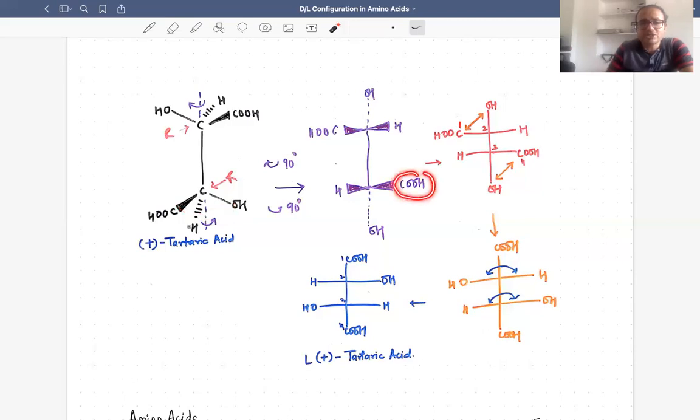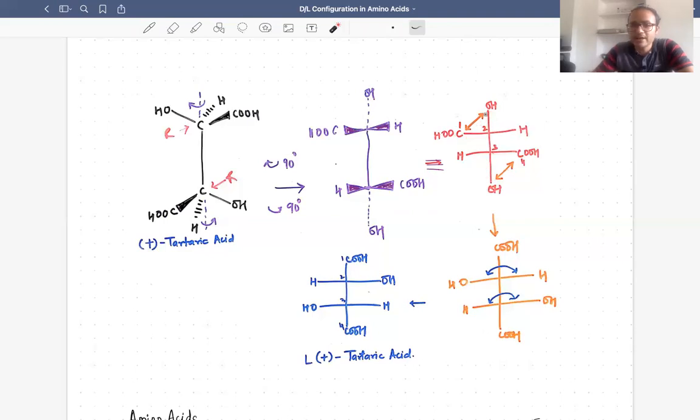And then your H that was on the behind will come on the front side and on the left side. So that is what I have drawn in here. Okay, so this thing you can easily convert. So again, it is not converted, it is equivalent to a Fisher projection formula. You can directly write the cross form of the Fisher projection here. So you can see you have converted into Fisher projection formula in this particular structure, and the configurations are correct.